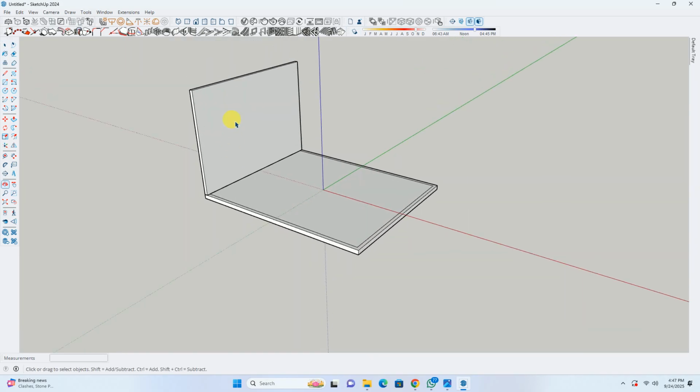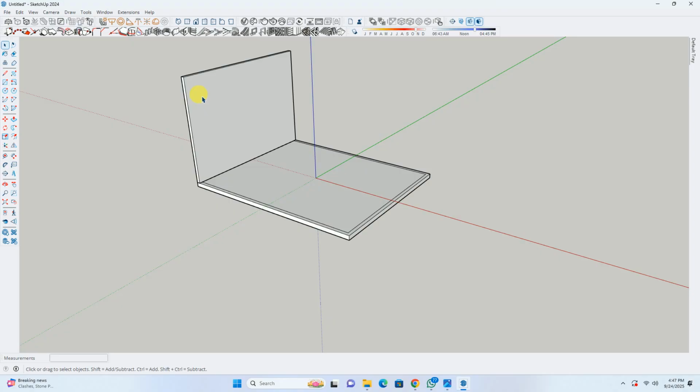So Ashutosh, can you explain how to copy this particular object? Sir, by move command and clicking Control. Move command we can copy it. Okay. So the first thing we need to do is select the object which we want to copy. Then we'll go to this move command.